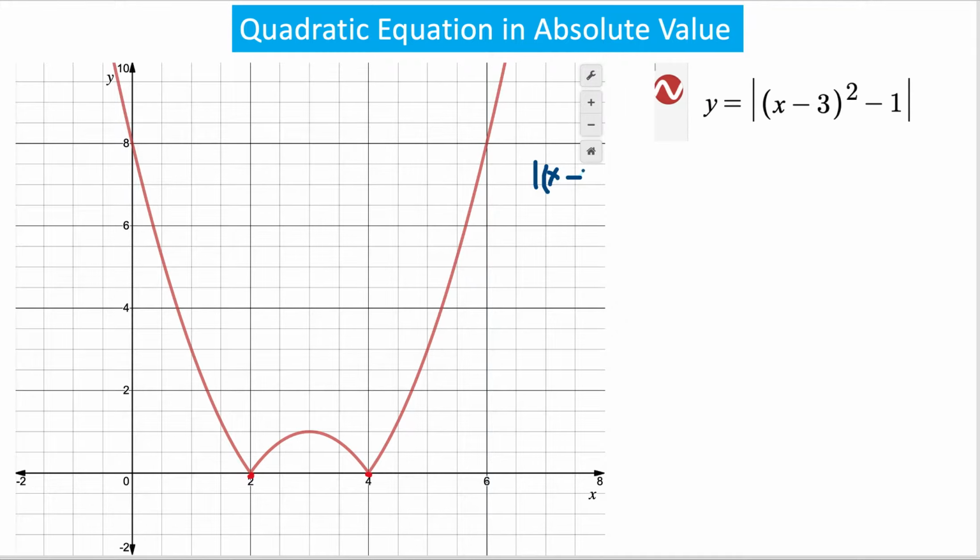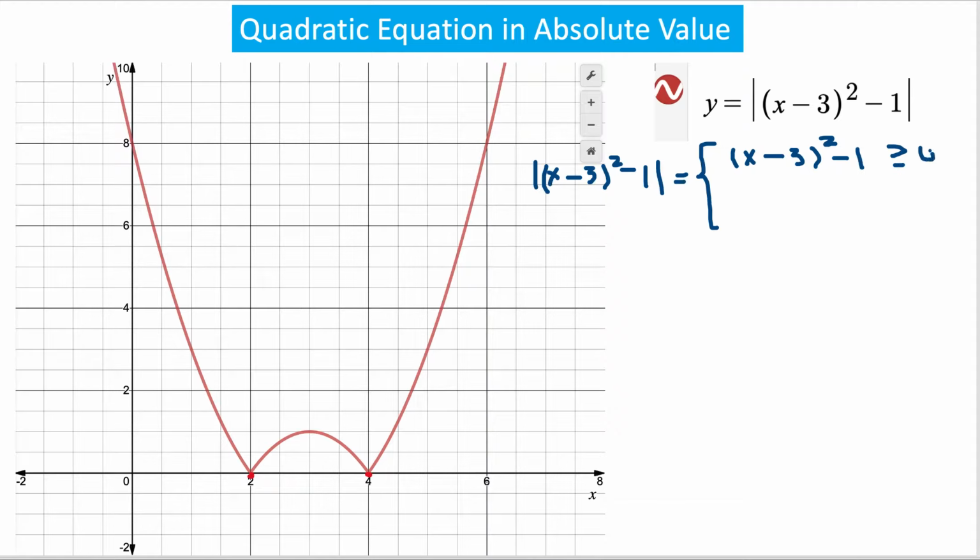x minus 3 squared minus 1, and this function is going to be defined on two intervals. In the interval where x minus 3 squared minus 1 is greater or equal to 0,